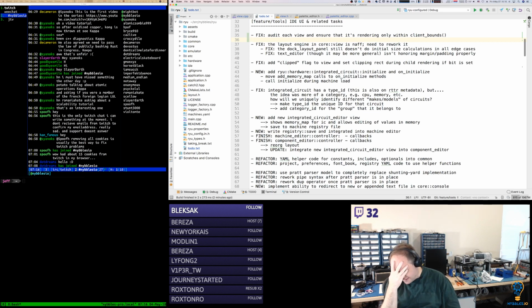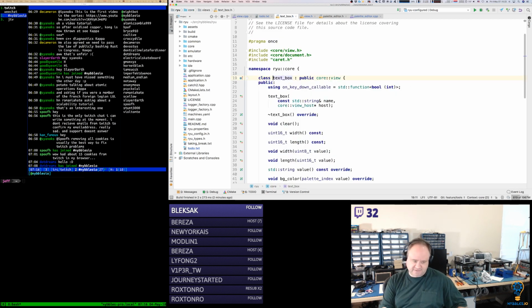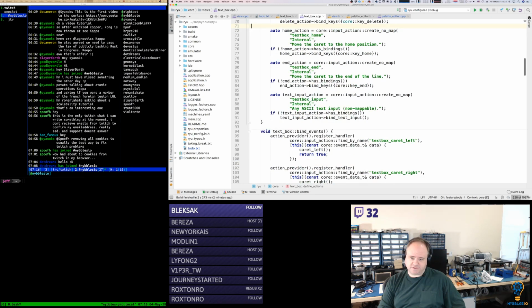I think the text box right now, I'm guessing, but I think the underline is outside of the bounds, which is a no-no.